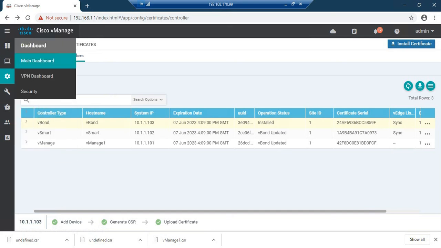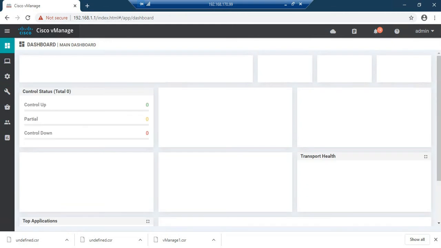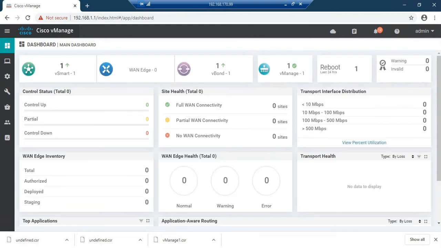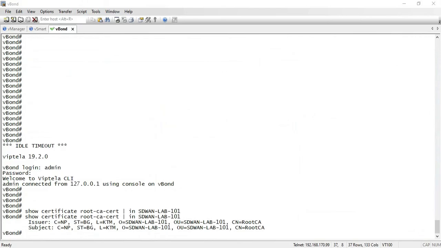So let me go to the main dashboard. Now you can see here BSmart value 1 is off and B1 is off and Bmanage is also off. Okay, let me verify the control connection between all 3 devices. So let me check with the B1.